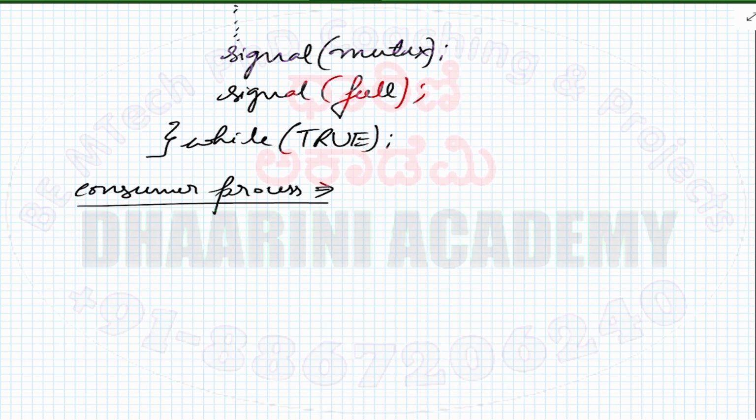Now we go for a consumer process. So the consumer process, first we will have, it's also a do while, right? So first we'll do the wait, because whenever we are using a wait of something, I need to do the wait part of the other thing over here. So signal is called here, so I have to finish this with a wait at the first on the other side. So this is wait of full, then wait of mutex,